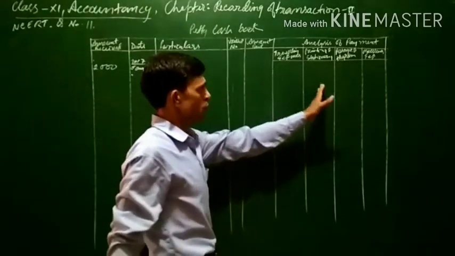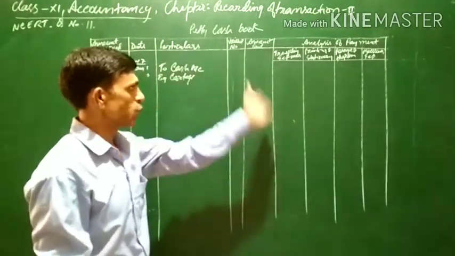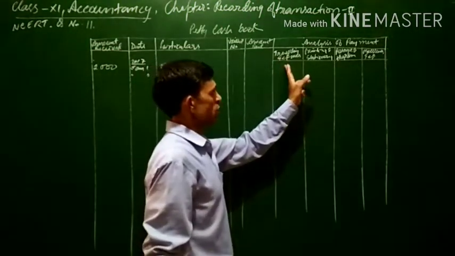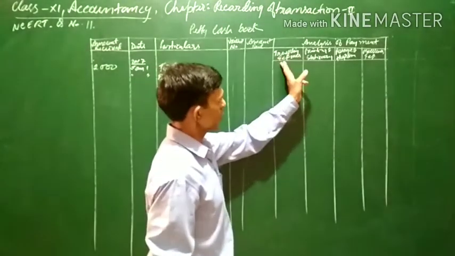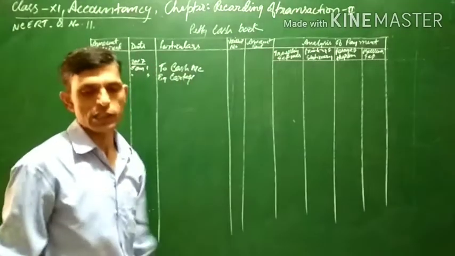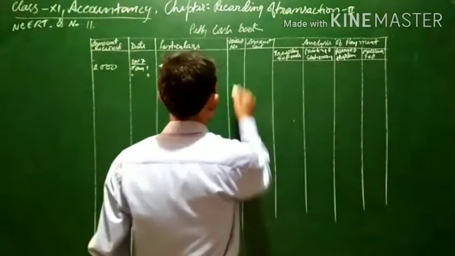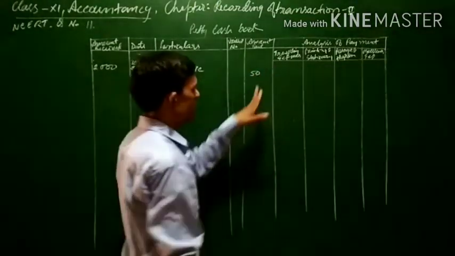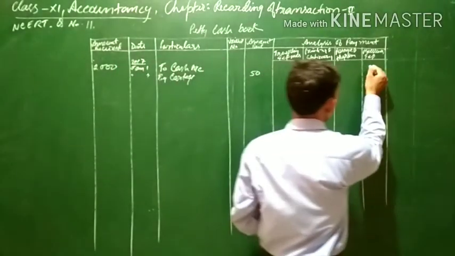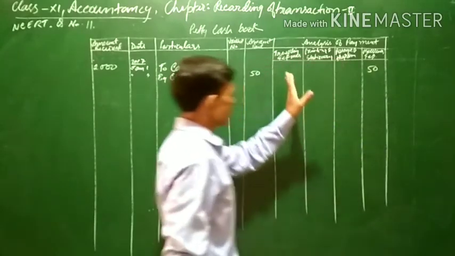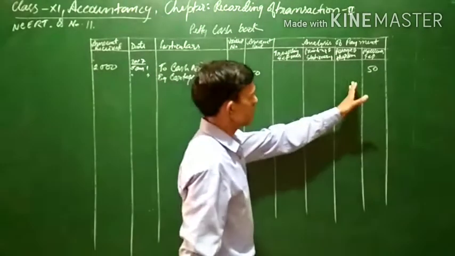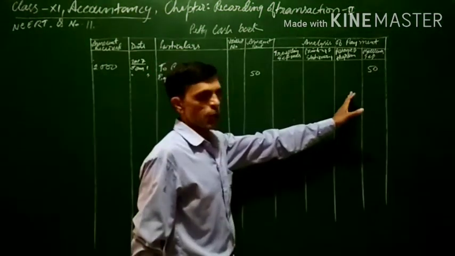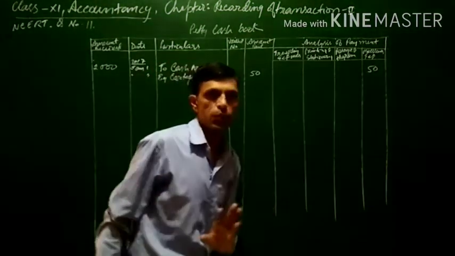This is cartage, when goods are being brought and some amount is being paid. It is not related with printing and stationery, travelling or postage, so it will be written in the miscellaneous column. The 50 rupees for cartage is the total amount paid, and it will also be written in the miscellaneous column, because these 50 rupees do not find any place in any of the other columns. That is how we decide under which heading these payments will be included.